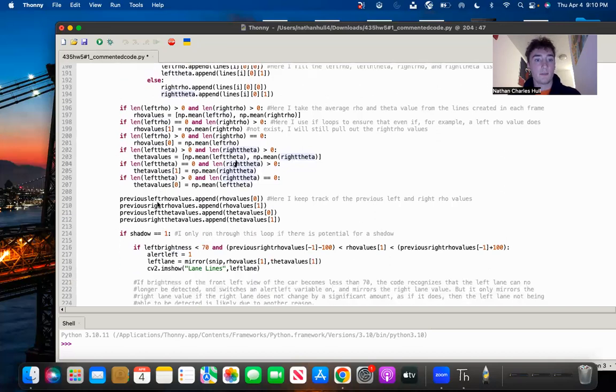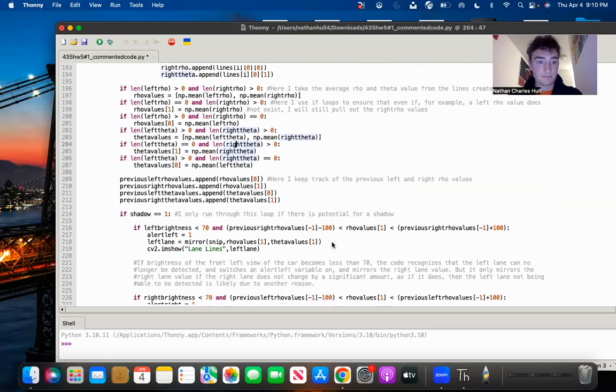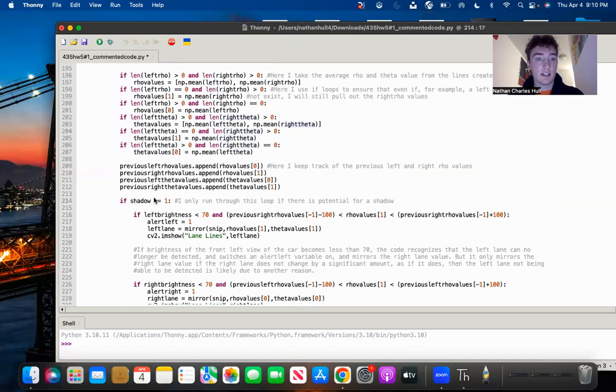And then here I record the previous left row values and previous right row values and keep track of them, continuously storing them in a list. And then here's where my shadow variable comes into account. I only run this code if there is a potential for a shadow. So if it's bright enough outside,